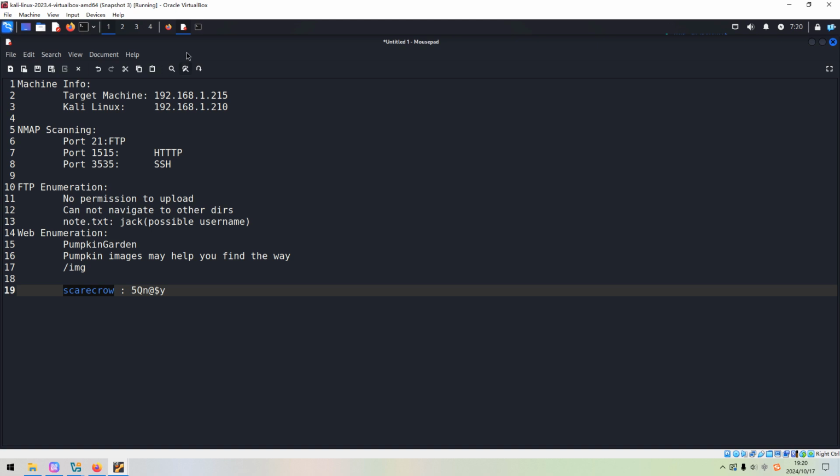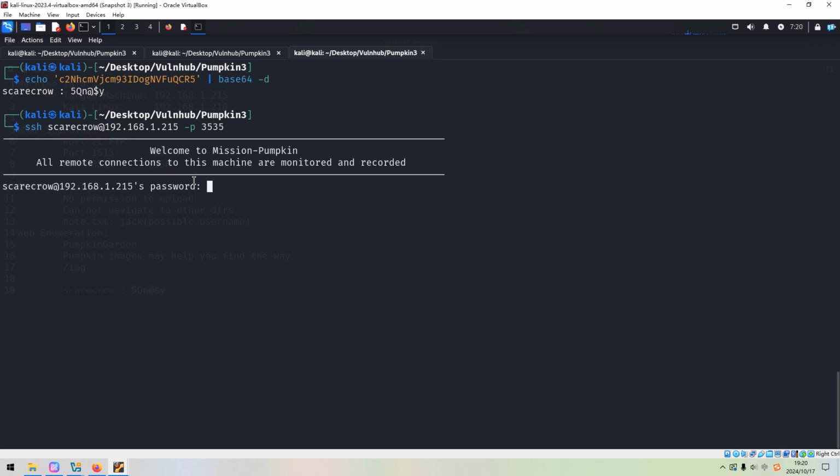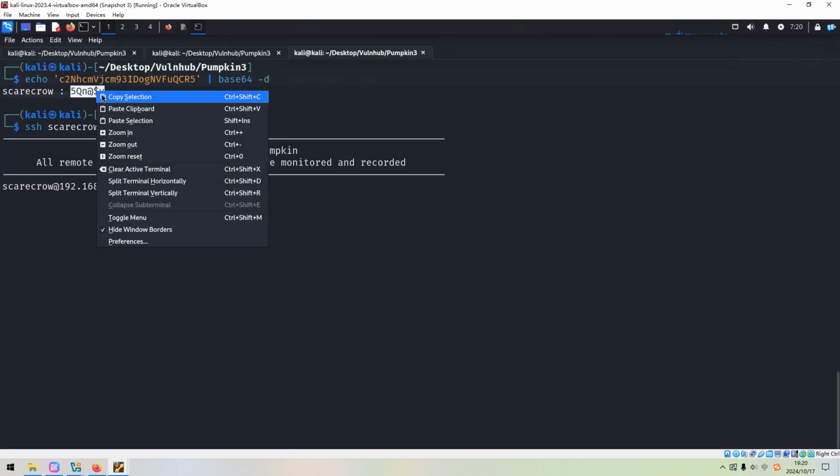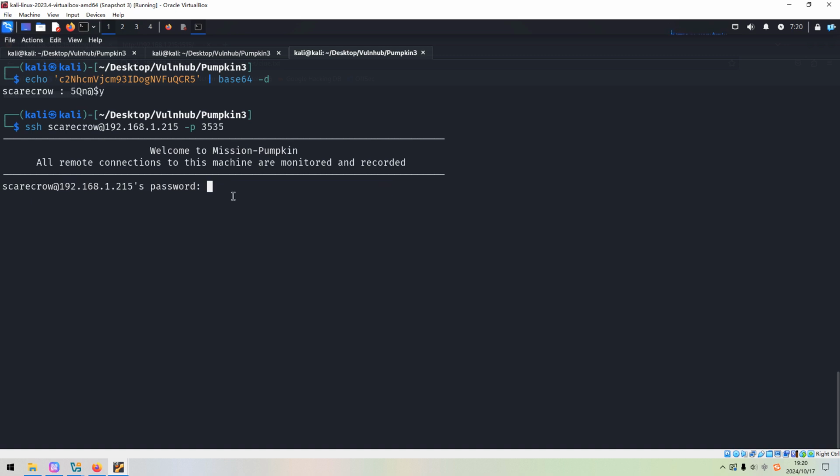We can copy and SSH, paste over here, followed by the IP address of the target. And please do not forget to specify the port number, because in this case the port number is not the default 22. Rather, it is 3535 instead. And we can supply the password. We can copy directly from above the SSH command.